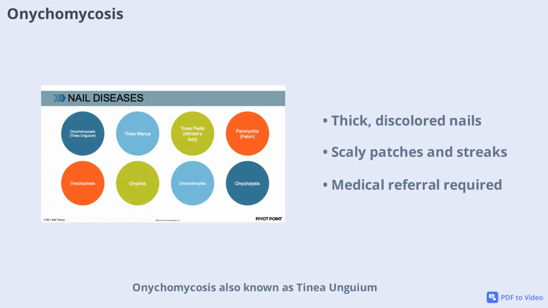Onychomycosis, also known as tinea unguium, is a fungal infection where the nail becomes thick and discolors, ranging from black to brown or beige to white. White scaly patches and yellow streaks may develop under the nail plate, and the nail may become deformed and fall off. This condition must be diagnosed and treated by a physician, and no nail service should be performed until medical